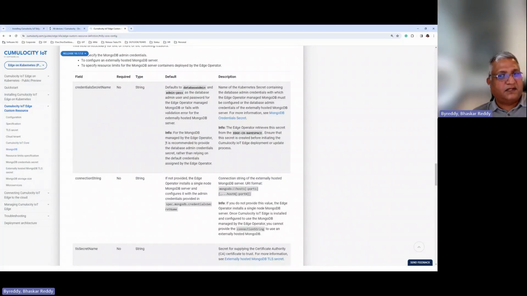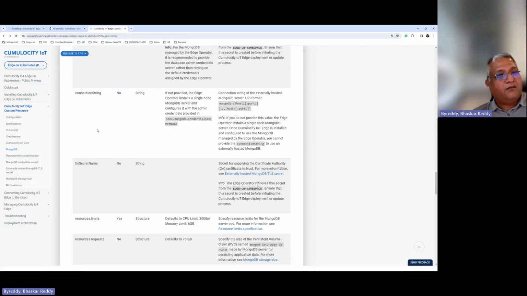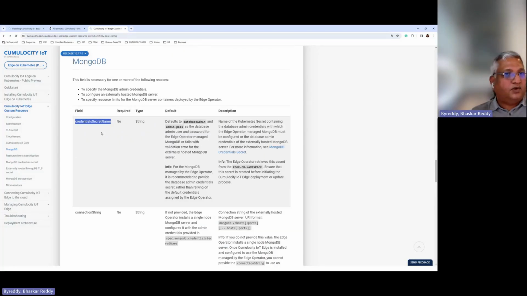MongoDB by default is installed with a known username and password, but you can provide your own username and password as a secret. In the same way, there are two deployment options for Mongo: Mongo managed by the operator itself, or you can also configure external Mongo, which is managed separately, out of the scope of the operator, and still the operator can ensure that the Cumulocity platform that it installs actually connects to the